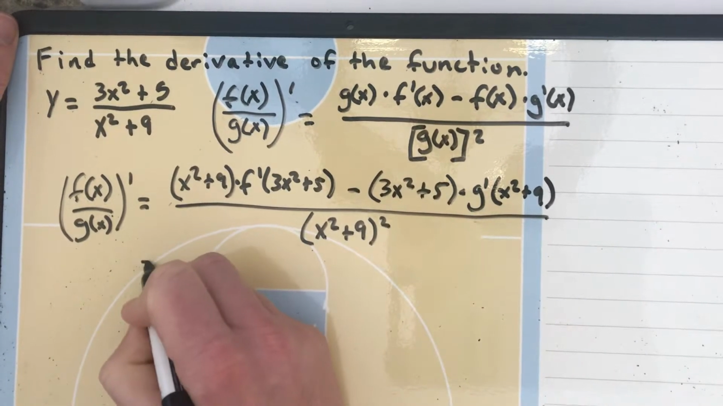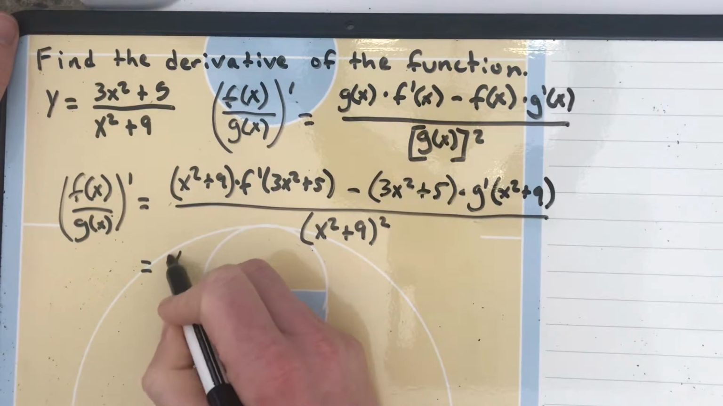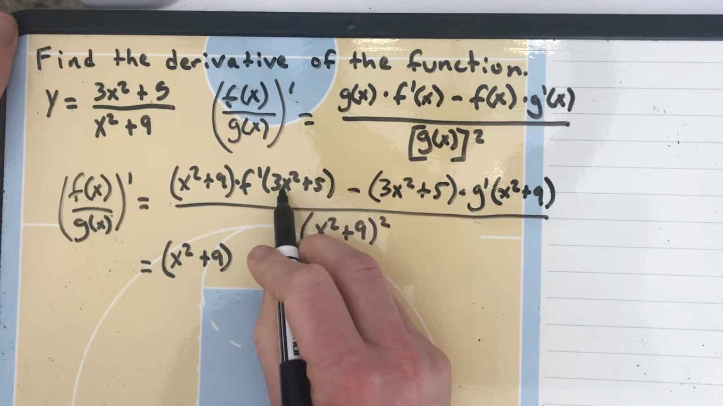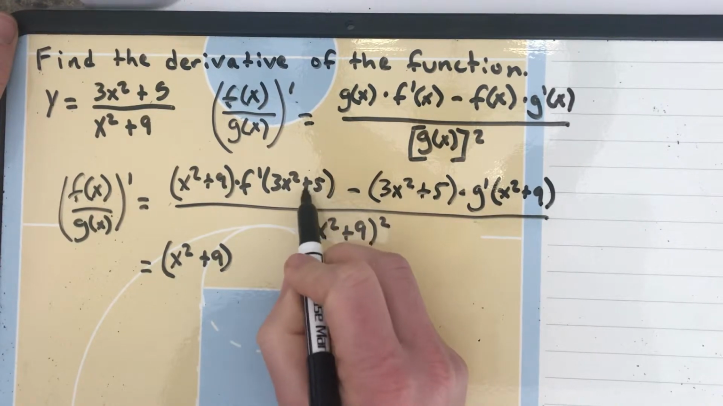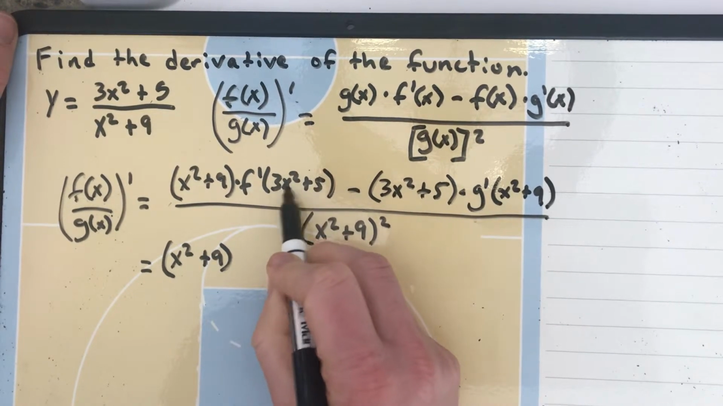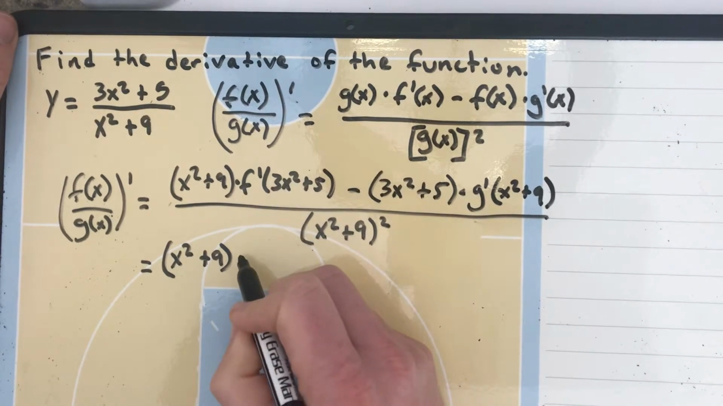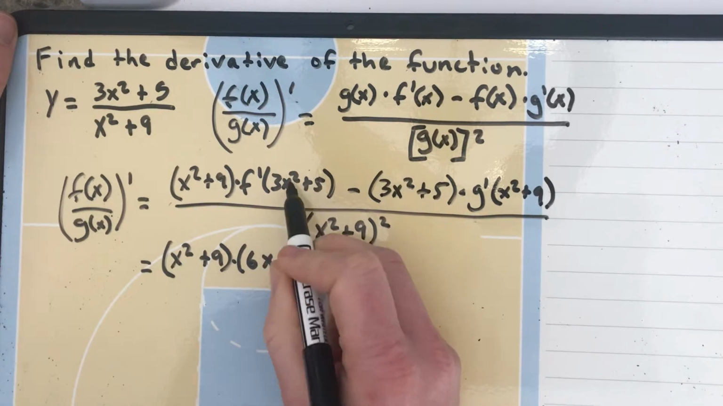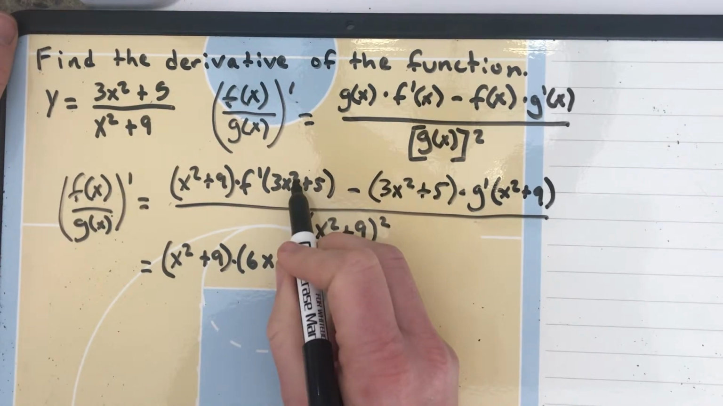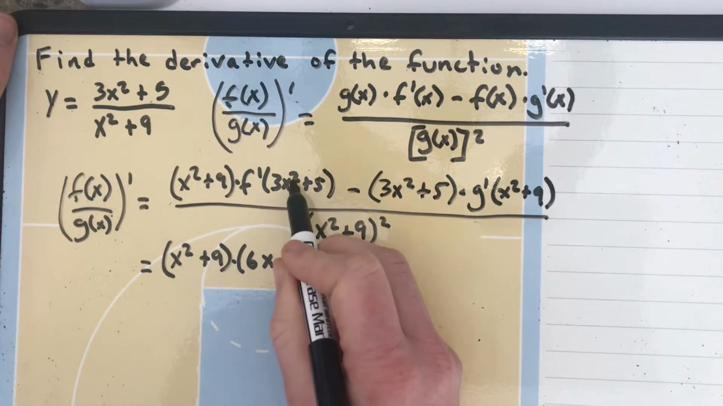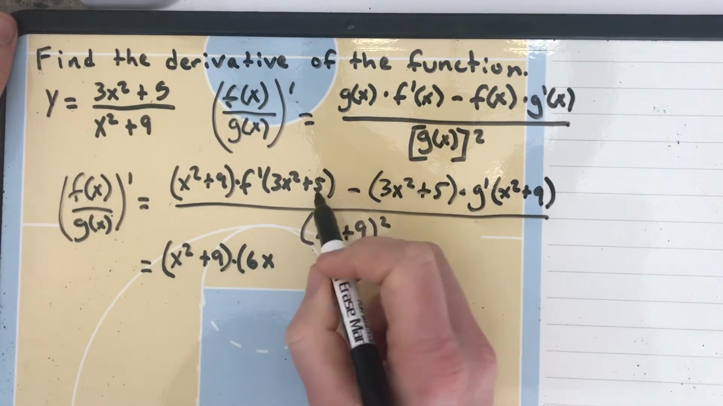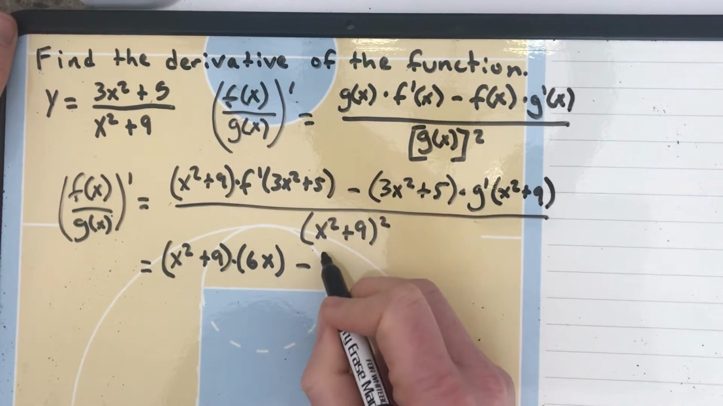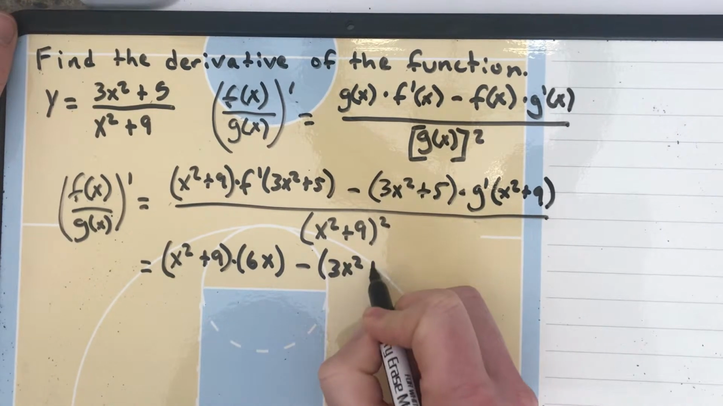squared, which is going to give us x squared plus 9 times the derivative of this. The derivative of 5 will be 0. The derivative of 3x squared gives you 6x, because remember 2 comes to the front, 3 times 2 is 6. We go down by 1 power, so that's x to the first power. This derivative is 0, so we just have 6x